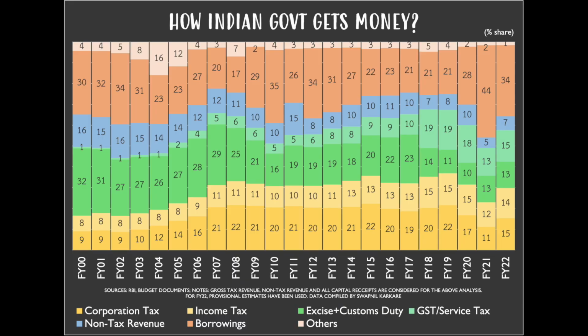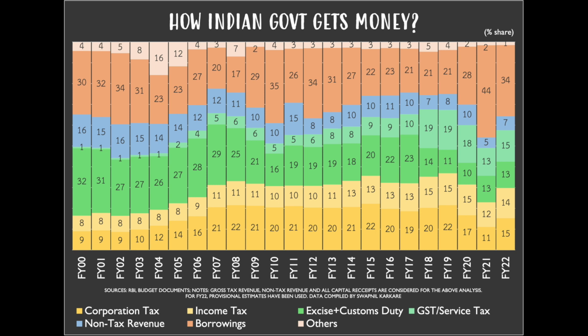Where do you get this information? There is a separate receipts document under the Budget at a Glance menu on the budget website. The link is given in the description below. I have made a chart where you can see how different components of the government's income have trended over the period of the last 20 years. We can see that,